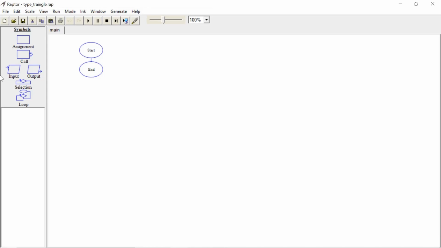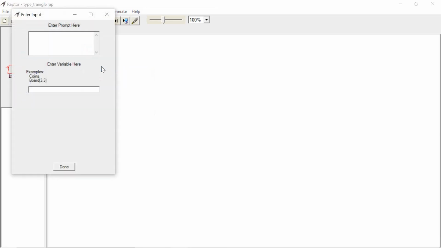So we just need to drag and drop the input here itself. I'm dragging three inputs because we need to enter three sides. Just go to that input box, right click and click on edit.